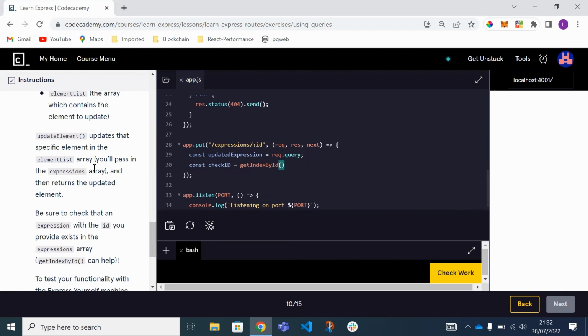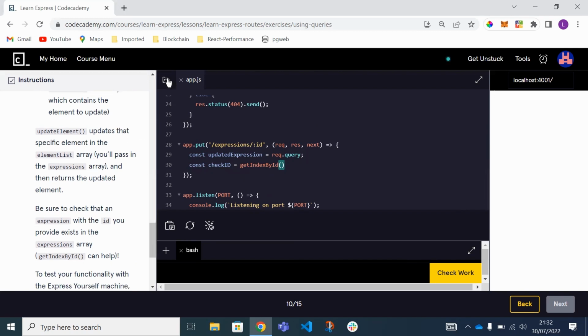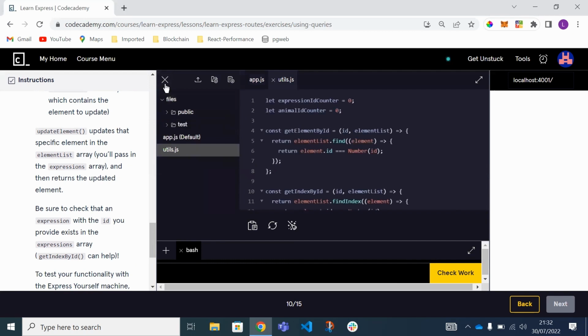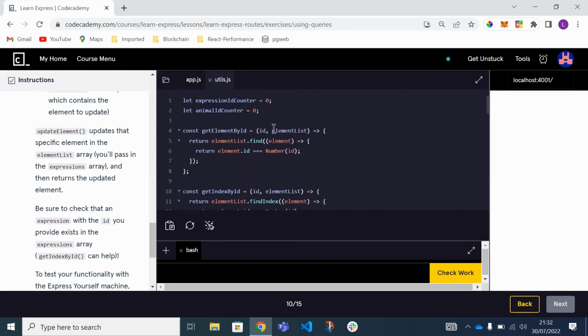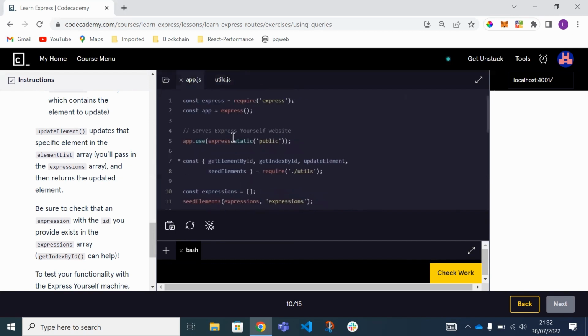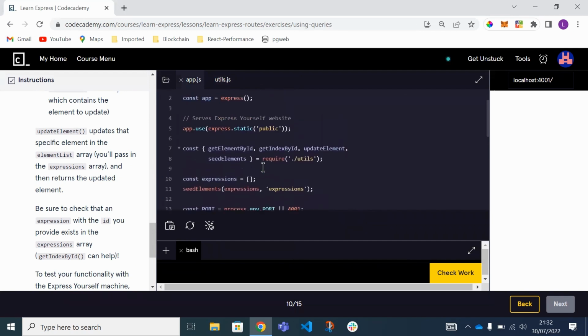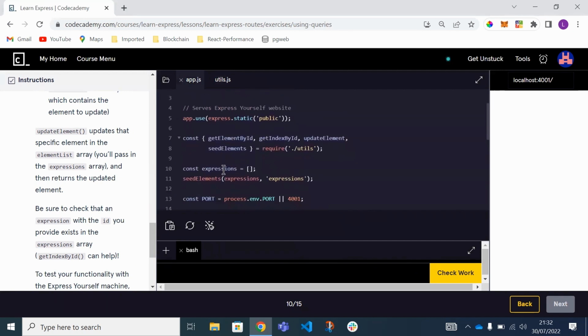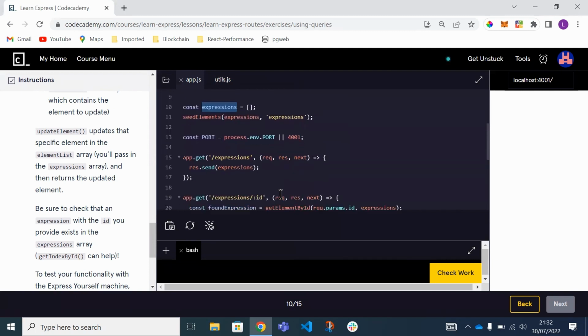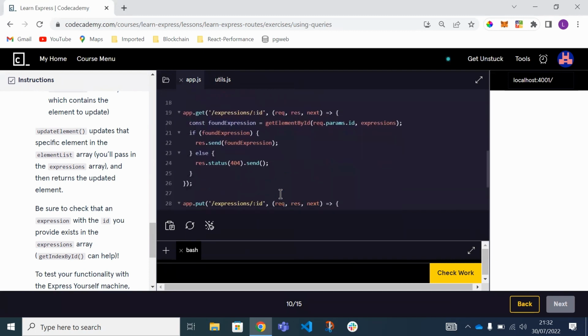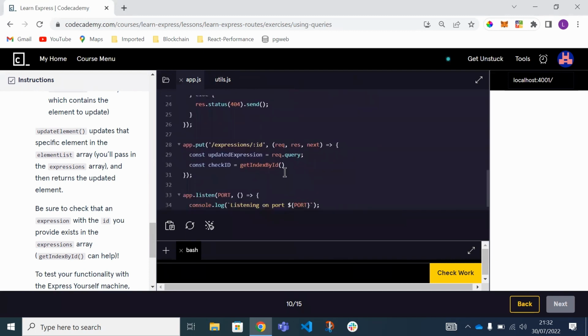Let me just double check. So there it is. Look, it takes an ID and an element. So the element we know is the array. app.put. So I know that's going to be the second argument, and the first one's the ID. So that's going to have to come in on the